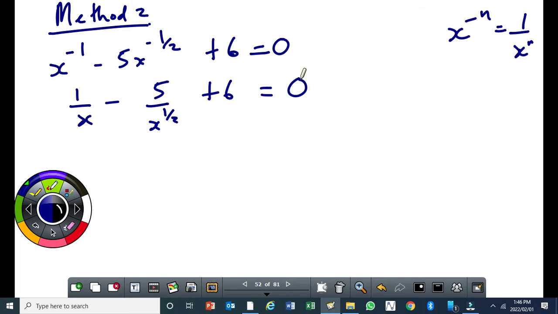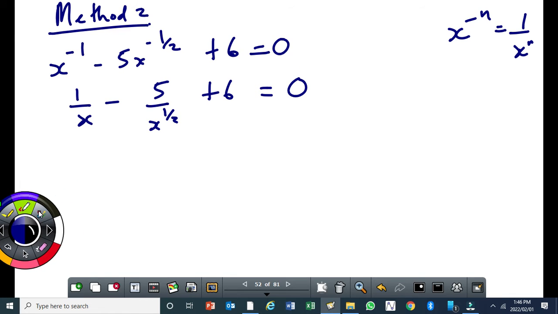Remember, x to the power of 1 is 2 times x to the power of a half. Therefore, the lowest common multiple of x and x to the power of a half is x. Okay? So, if I multiply every term by x, this will become a 1. Okay? Then minus,